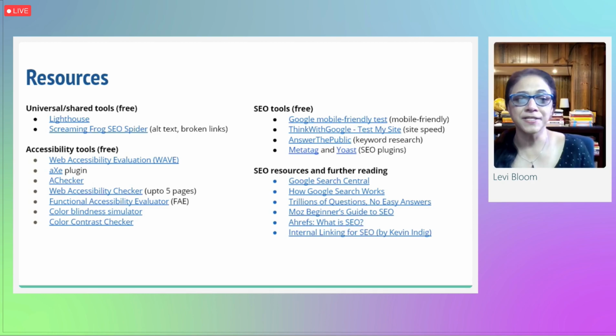There is much more to SEO and accessibility than what we covered here, but we hope you found some common practices that you can implement to boost accessibility and SEO of your websites. Here are some free resources which we use and find useful. As you can see there, some common tools like Lighthouse and Screaming Frog are used for both SEO and accessibility. We would like your feedback and comments, or any questions you have for me or Linvan.